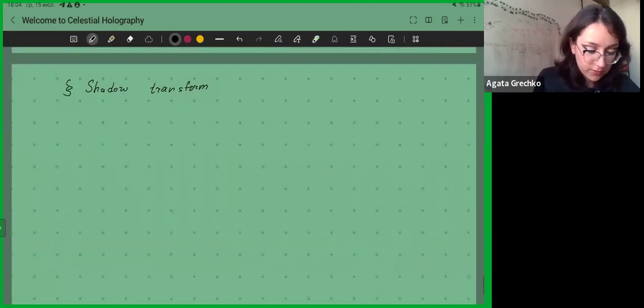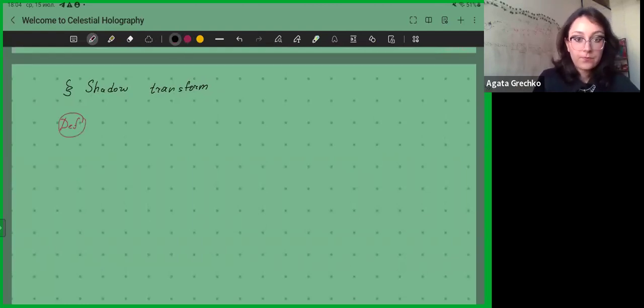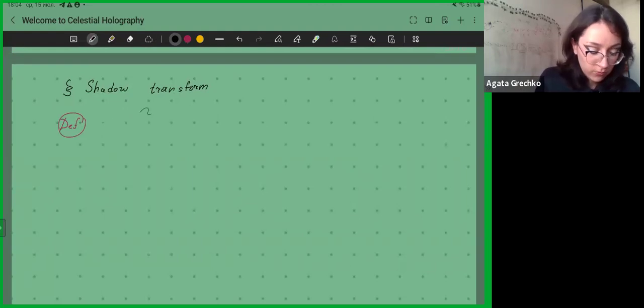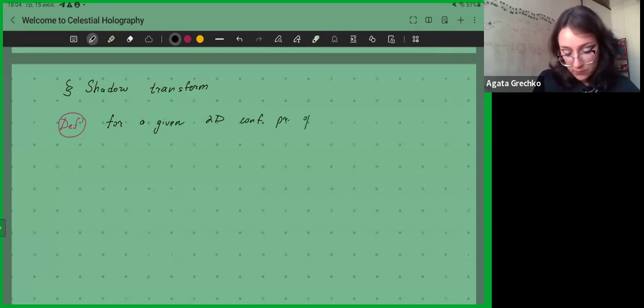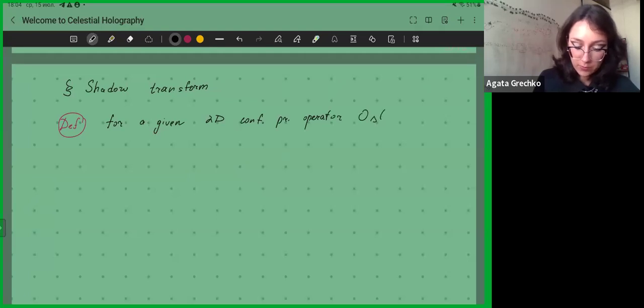So, let's start with a definition again. For a given two-dimensional conformal primary operator O with some weight,